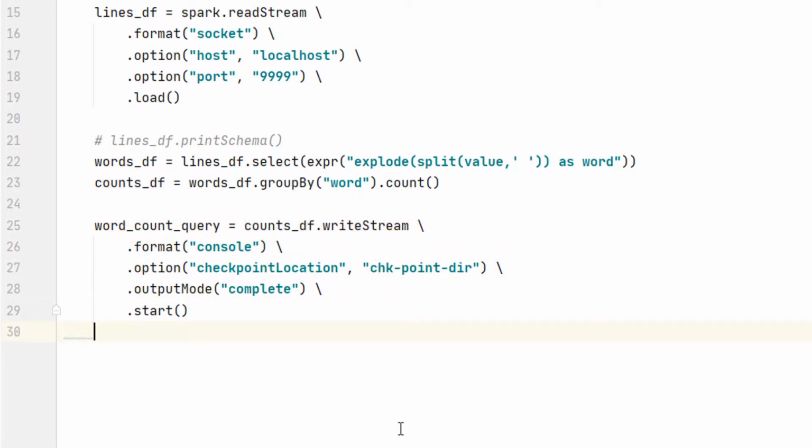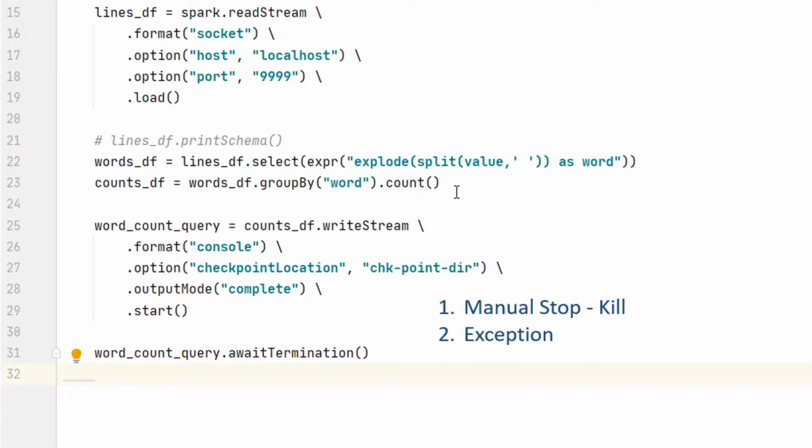The start method is a non-blocking method that starts a background job and returns. So we must wait for the background job to complete. You can use the streaming query to wait for the background job to complete. A typical stream processing application is expected to run forever. So this await termination is not going to end until the following happens. You want to stop your application for some kind of maintenance, so you kill this streaming application. Or your streaming application faced some error or exception and it terminated. In both cases, we want your application to shut down gracefully.